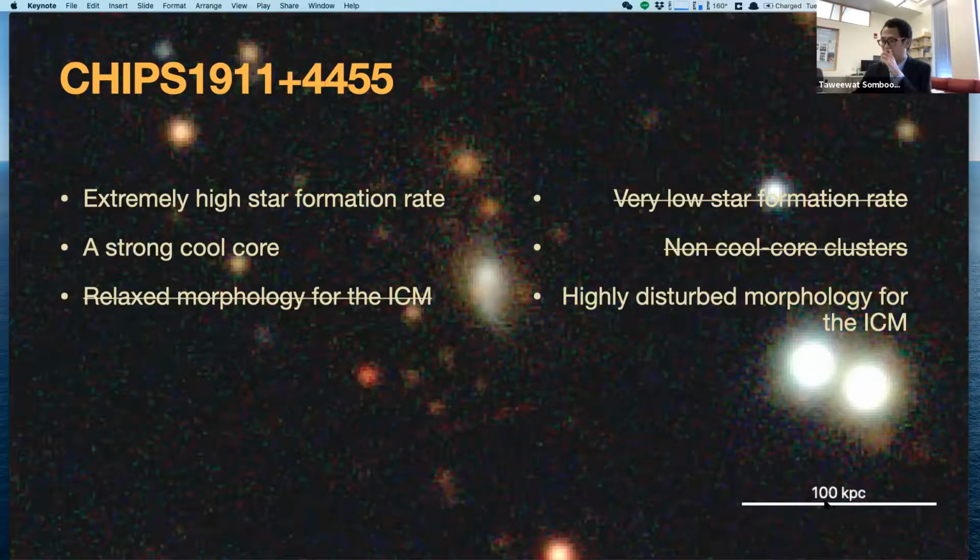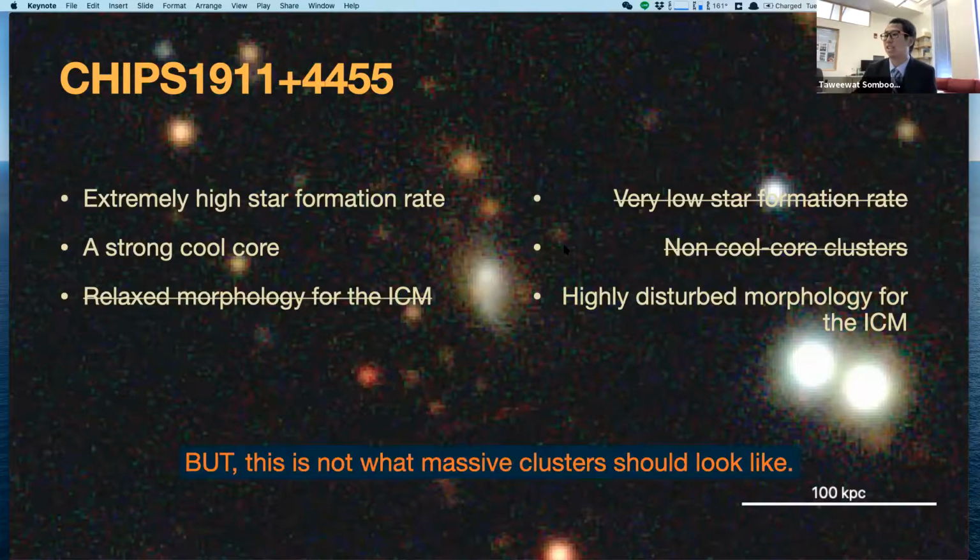And here is a scale for reference. And these are just foreground stars. Okay, but this is not what a massive galaxy cluster should look like, because most extremely high star formation systems like the Phoenix cluster that we know of are always in relaxed morphologies or in the normal